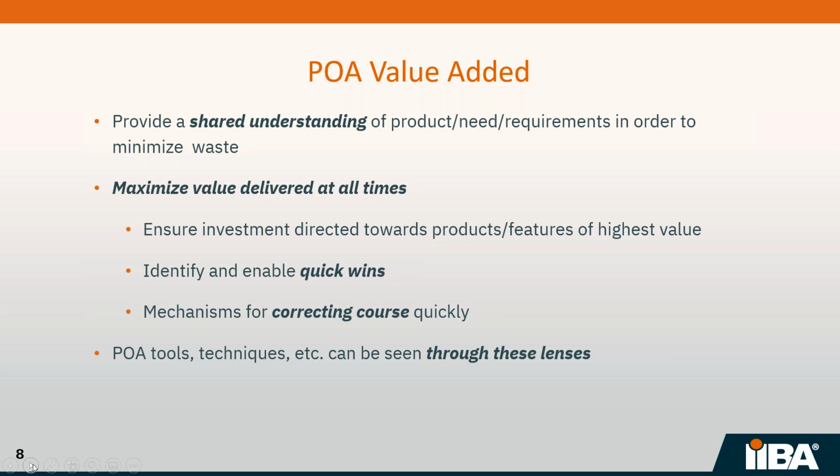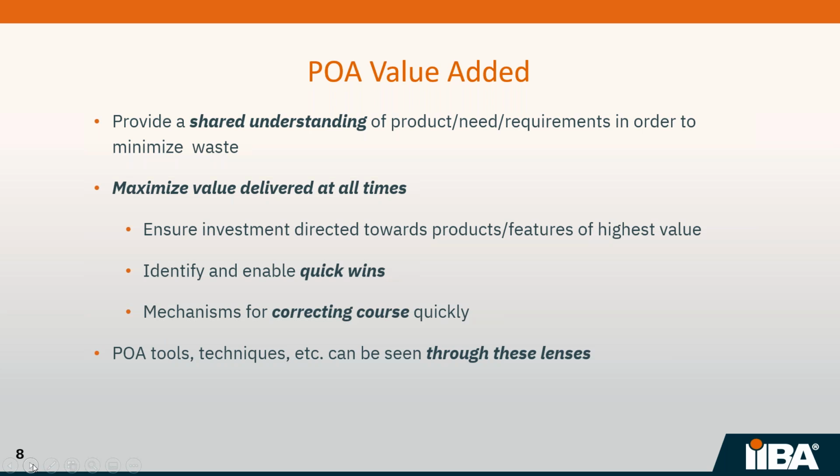And this actually was a source of confusion at the beginning. But I see it as this: the value of doing the analysis, product ownership analysis, is number one, to provide a shared understanding of the product, the need for the product, and the requirements for the product, so that we can minimize waste. Now, what do I mean by minimizing waste? If there's a shared understanding amongst the whole team, and by this I mean the broad team, the product owner representing the customer and the customer wants, those responsible for testing, and those responsible for developing the actual product, there is less likelihood of errors due to miscommunication